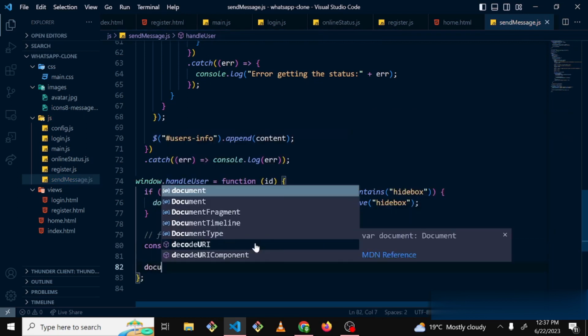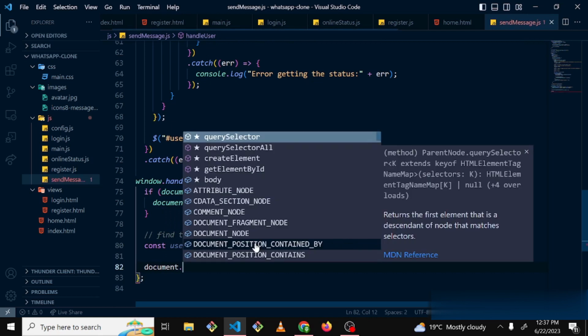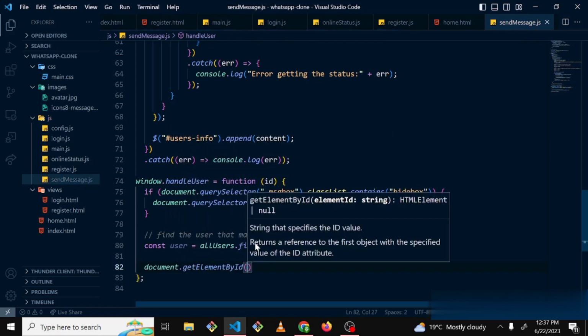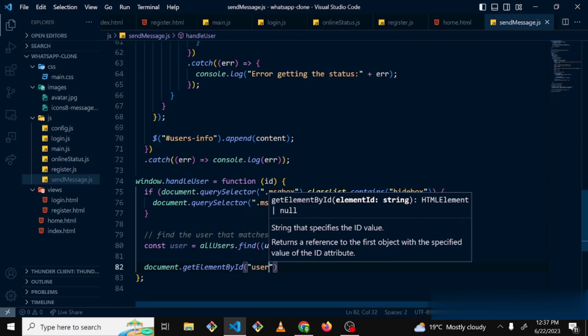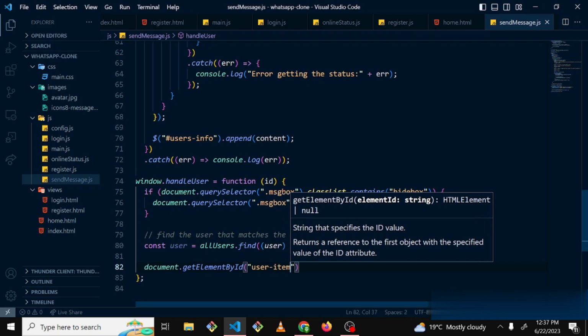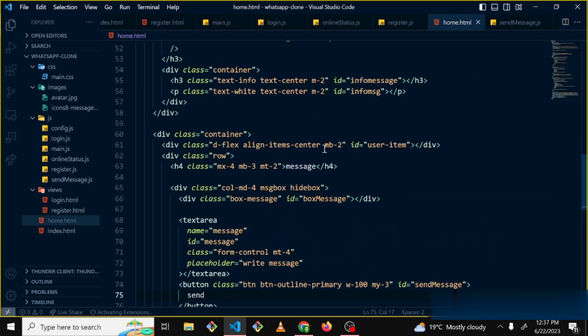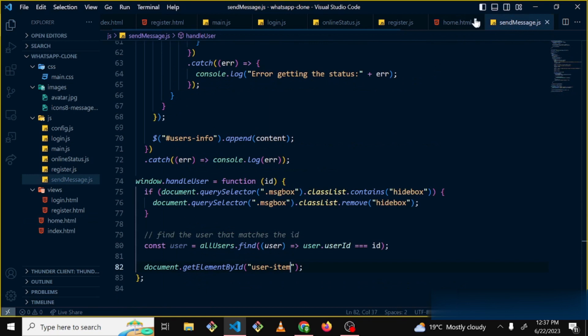So here we'll proceed and have document.getElementById, we say user-item, which is this div here. We want to append content inside there for that user that we clicked. userItem.innerHTML